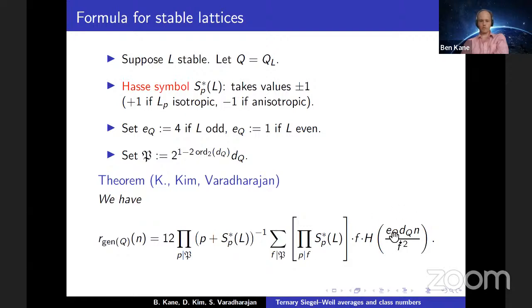So this will give exactly the kind of formula that we saw before. You'll note that if we take Q adjoin the square root of minus this number, we get a field. And since we're always dividing by f squared, we'll have the same field every time that we're taking the class numbers from. So this will give exactly that the parameters inside the Hurwitz class number always differ by a square,